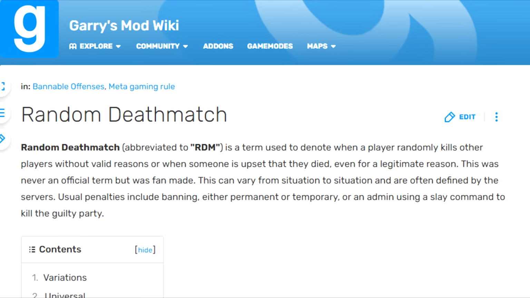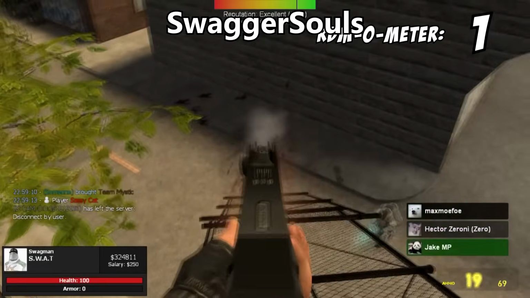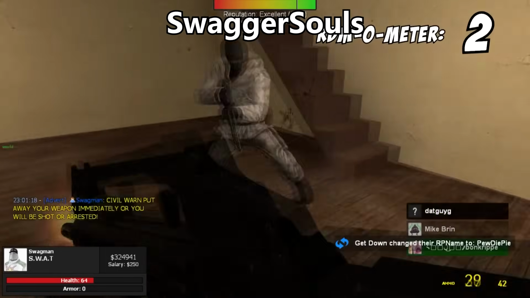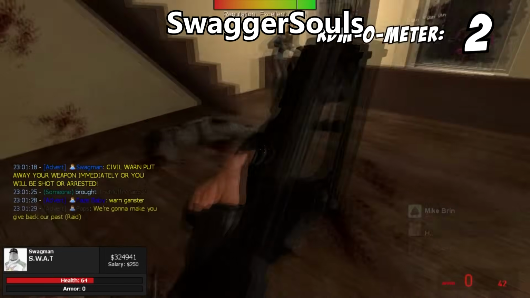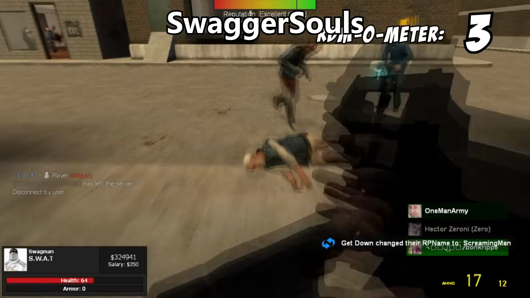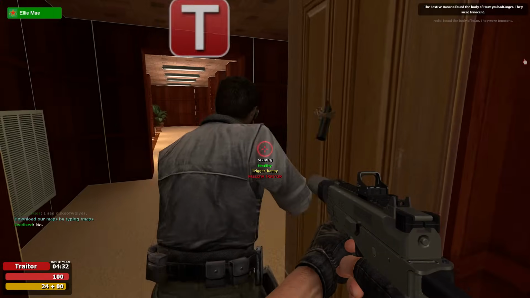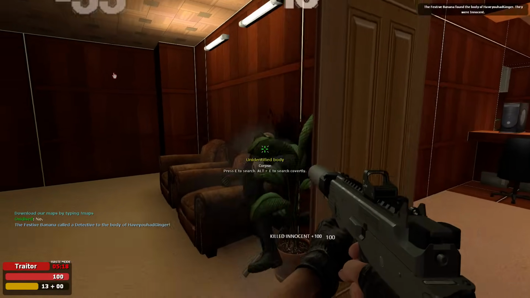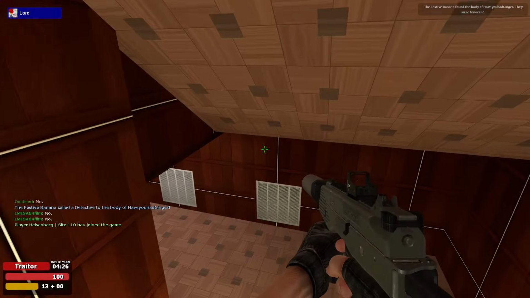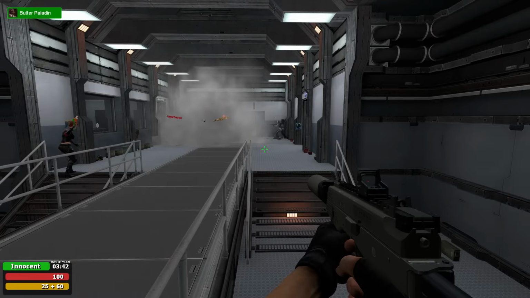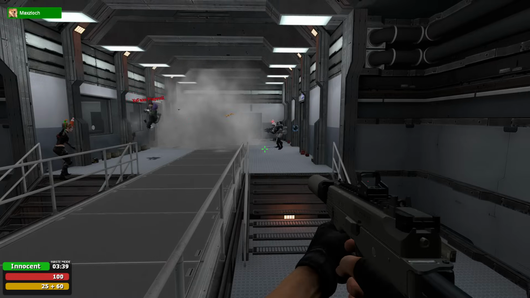RDM. RDM stands for Random Deathmatch, where it's the act of killing a player for quote-unquote no reason. Most RDMing on Gmod either occurs in Trouble in Terrorist Town or on any RP server. Of course, there are some exceptions for what defines RDM. In TTT, obviously if it's the traitor that's doing the shooting, then that's perfectly okay, as long as they don't kill another traitor. Same goes for the innocents, where if they see a traitor doing something a traitor would do,